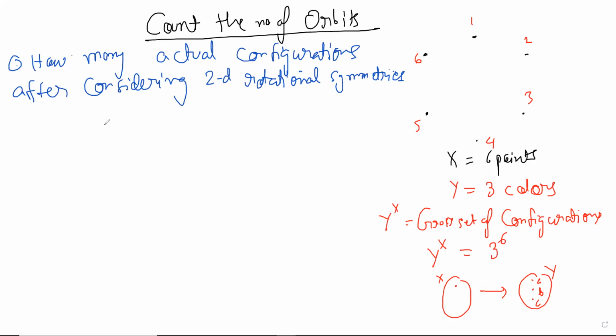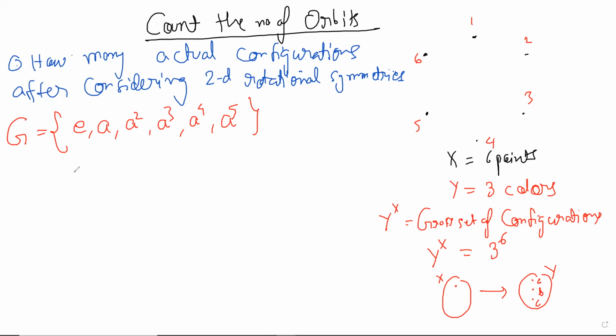Okay. Now, how can I frame this in the language of orbits? That is a question. So the first thing is that I'm calling G the set of 2D rotational symmetries, and I'll be calling them the identity symmetry, the most fundamental rotation. You can understand what that is, 2 pi by 6, and then the other rotations. This is my set of symmetries.